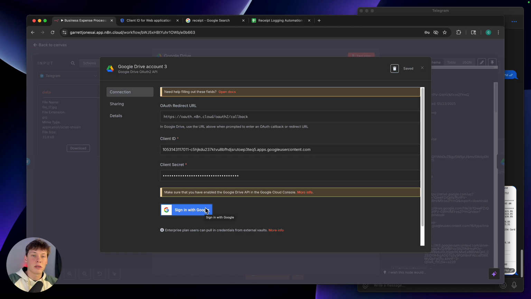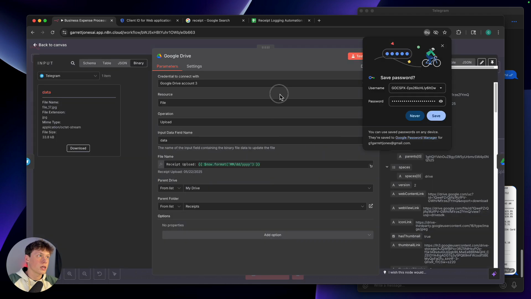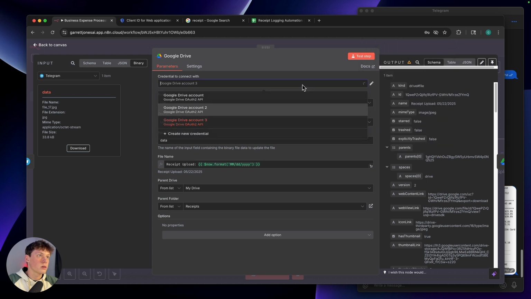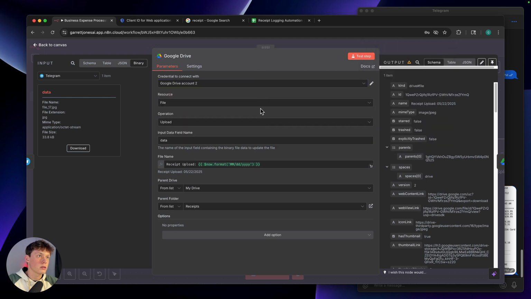We can also delete them at the end of this if you don't want to maintain that record of receipts inside your Google Drive, which I'll show you at the end of this tutorial here. But just select this, log in with Google, select the permissions you want to give, click continue, and then it will approve this access here. So I'm going to close out of this. I've already connected my account here, so I'm going to select this, and then what we are doing here is